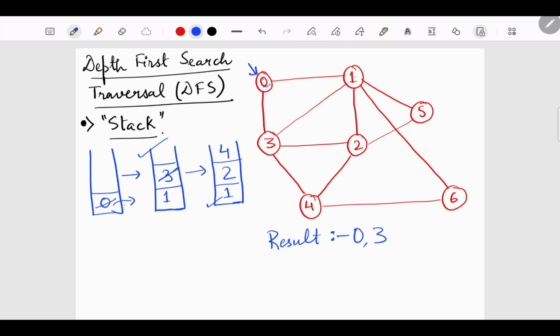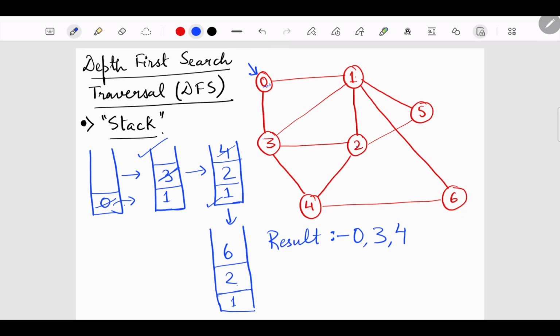After this we want to perform a pop. So we can only pop 4 here. So we will put 4 in the result section and we are now going to insert into the existing stack the elements adjacent to node 4. Already my stack has nodes 1 and 2. Now adjacent to 4 you have node 3. This is already visited. Node 2 is already there in the stack. Then the next node is node 6. So we are going to push node 6 here.